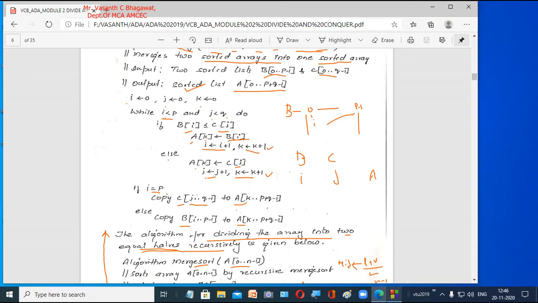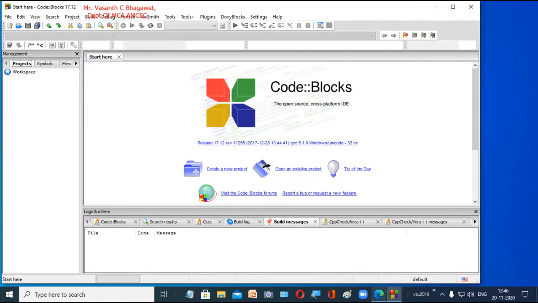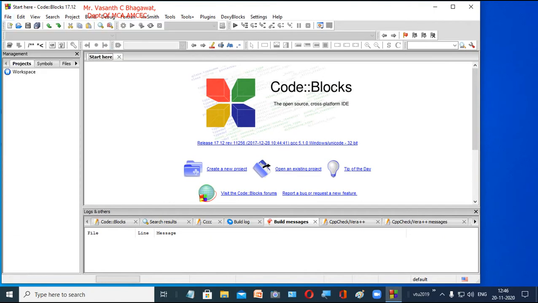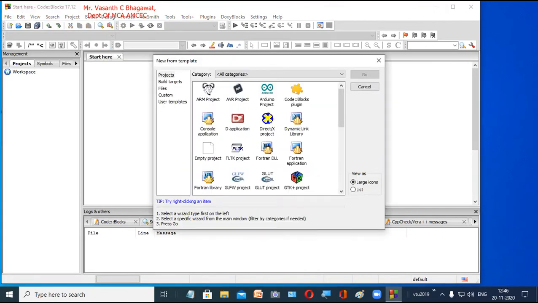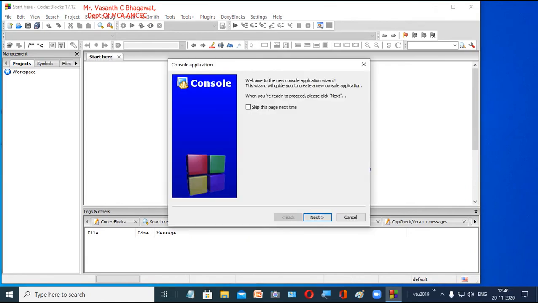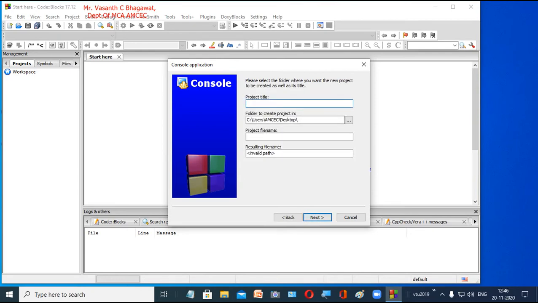Now we will try to implement that algorithm practically. So let's open our Code::Blocks. You know how to open a project in Code::Blocks: go to New, click on Project. It prompts what type of project or template we want to build. Like in the previous program, select Console application, click on Go. Once you click on Go, you get this welcome screen. Click on Next, select C because we are implementing it in a C program. Now give the file name.